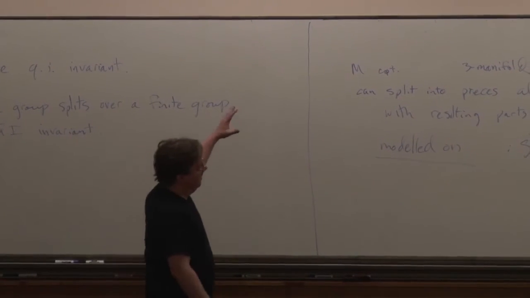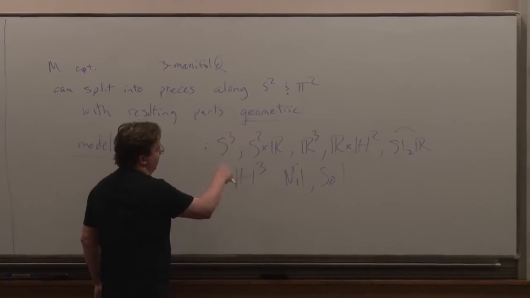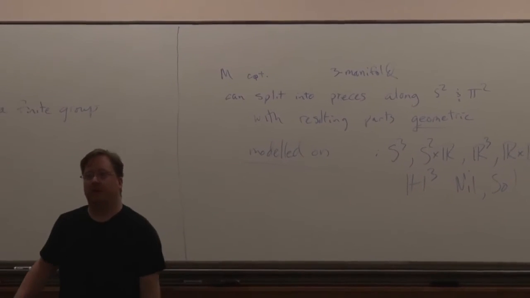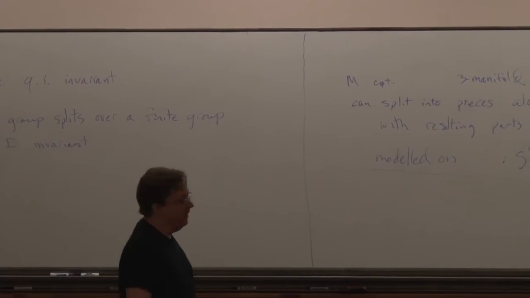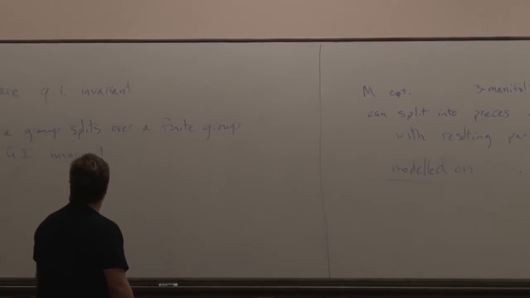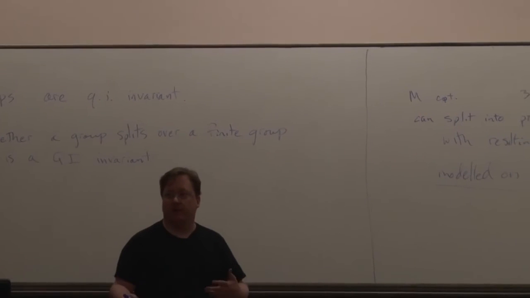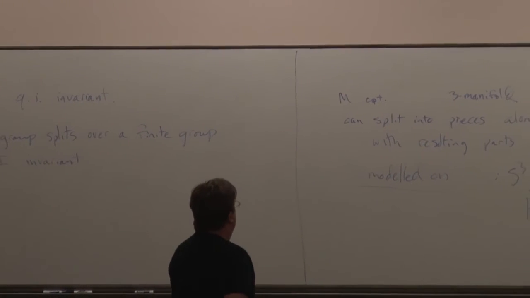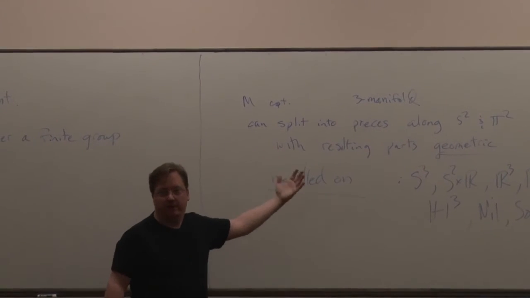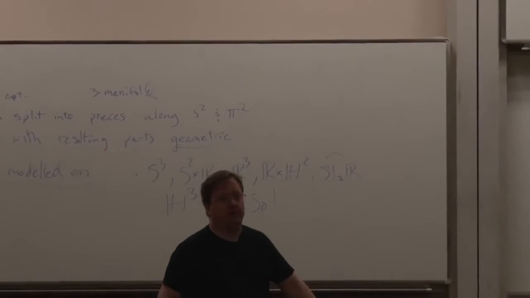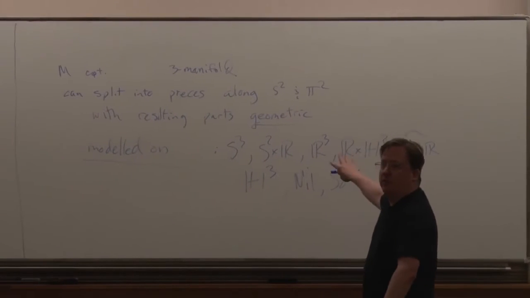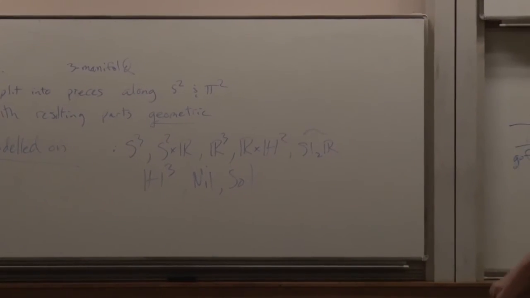All right, so in any case, if you think about this as trying to be some generalization of uniformization for surfaces, okay, we have to cut up our manifold first, and then the resulting building blocks that we get have these various types of geometries. Okay. So if we want to, say, be able to apply this QI machinery to understanding what's going on for three manifolds, we want to know that the way these things split up is QI invariant, and then we want to know something about how QIs work for these individual geometries. Okay. I'm not going to go into this in detail, but I'll use these as motivating examples for a bunch of things I want to discuss.